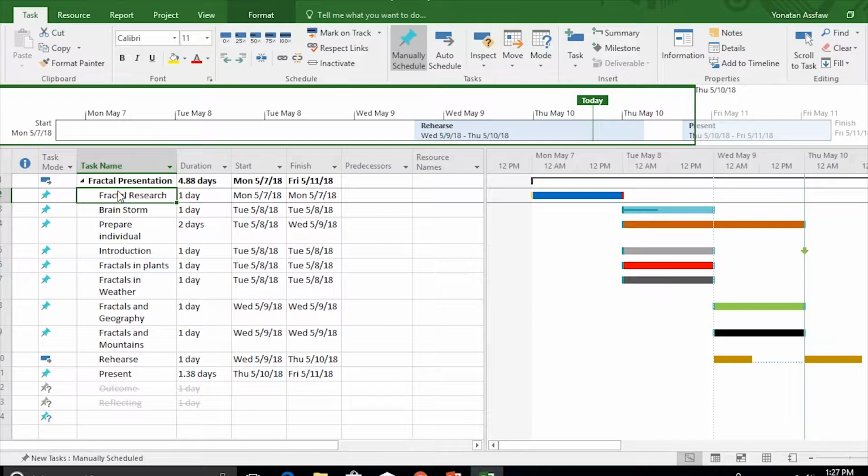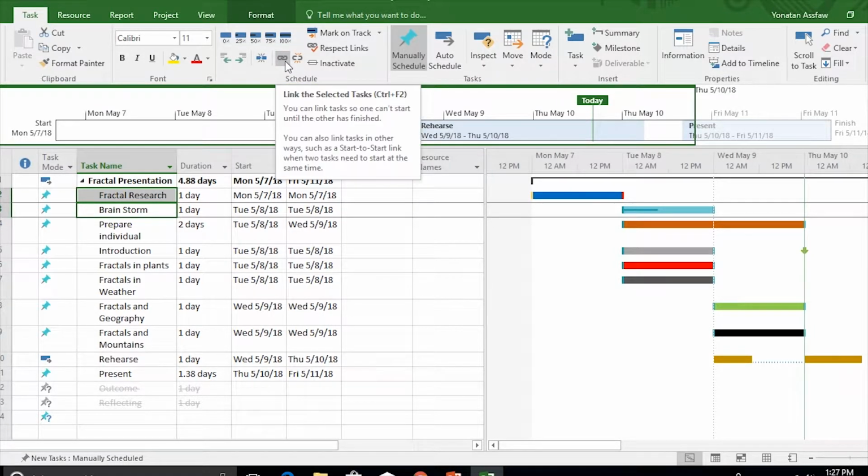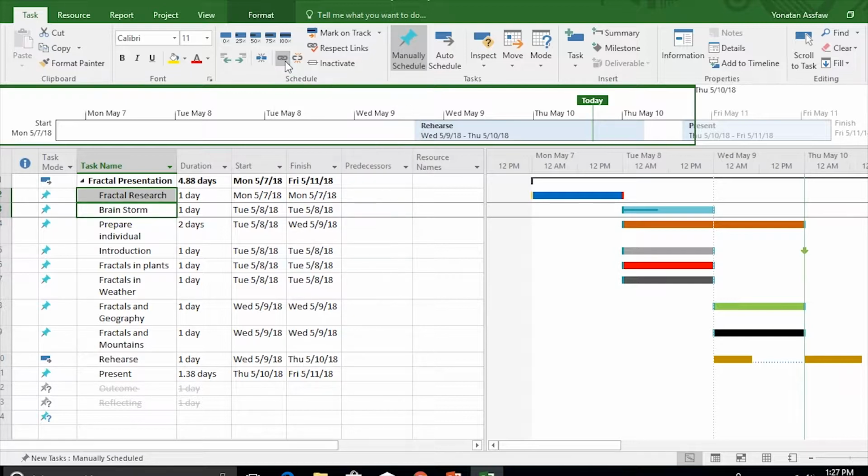So once we've created the tasks for the project, we can make a link between each of the tasks. In order to do this, press and hold the Control key and then select the items that we want to link. After this, we can go to the Task tab, and we see a symbol that looks like a loop. So left click on that, and then we automatically see that there has been a link created